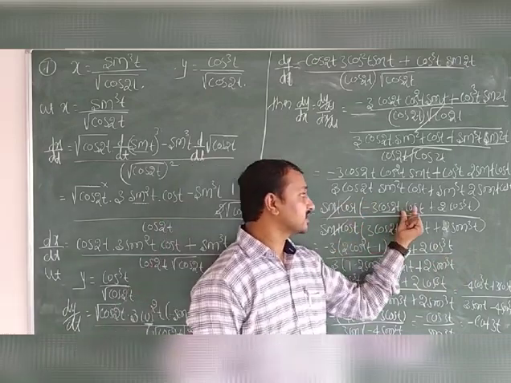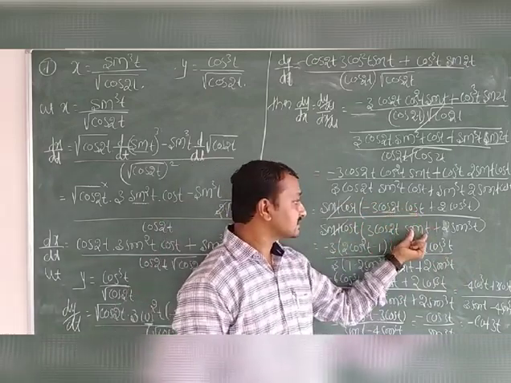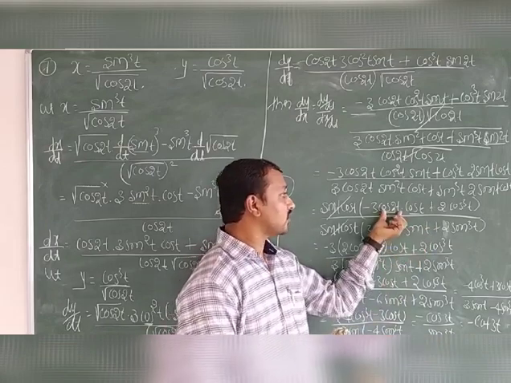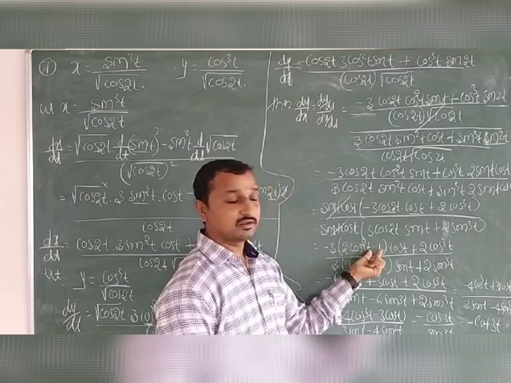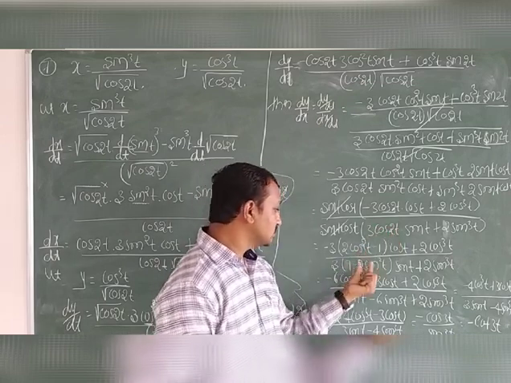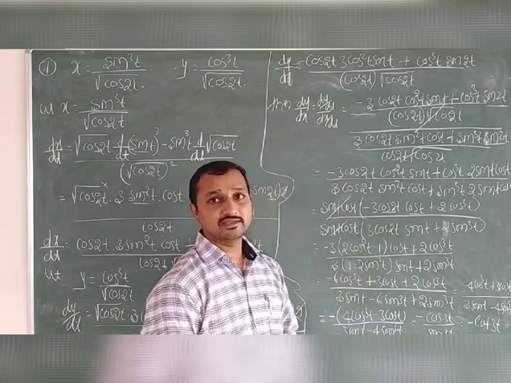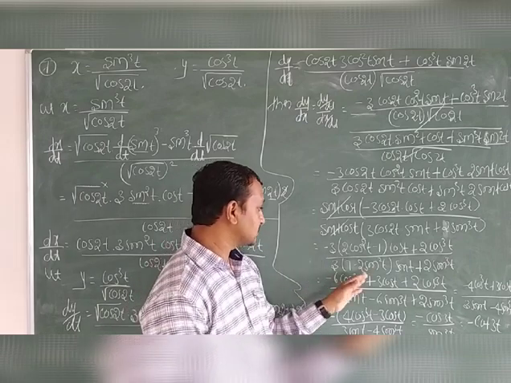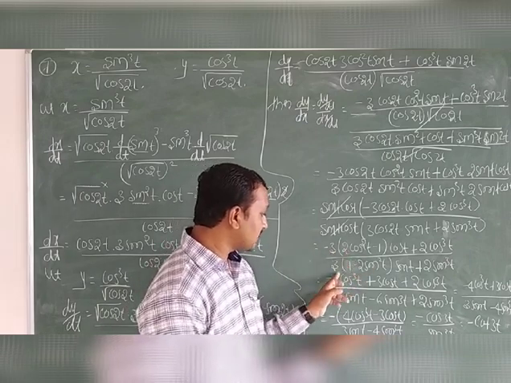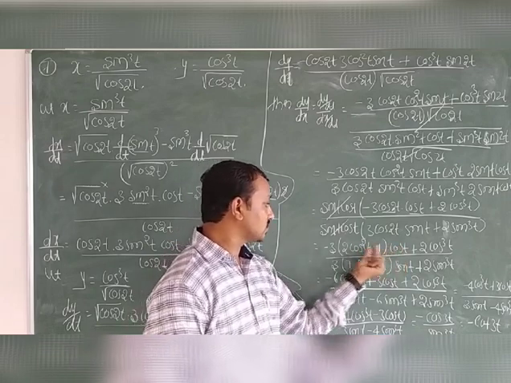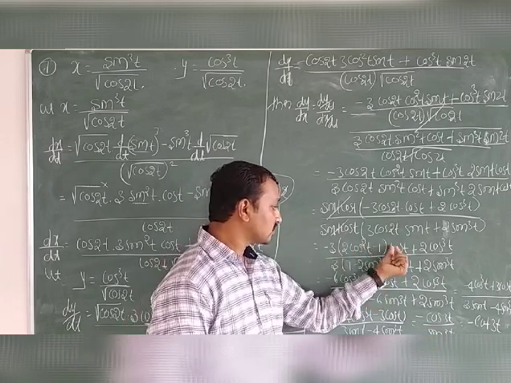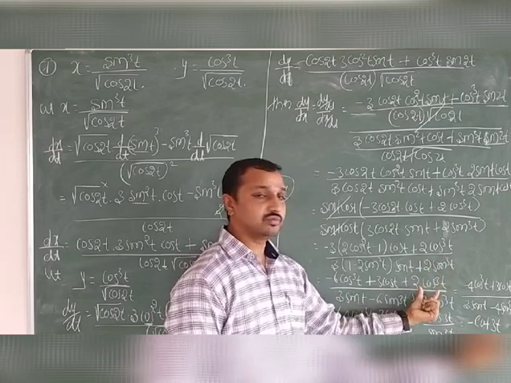Here the numerator contains cos terms, the denominator contains sin terms. That's why we apply the cos 2t formula as 2 cos square t minus 1, and here cos 2t as 1 minus 2 sin square t. Is that clear? Then in the multiplication, minus 3 into 2 is minus 6 cos square t into this cos t, again cos 2t. So minus into minus is plus 3 cos t, and plus 2 cos cube t as it is.